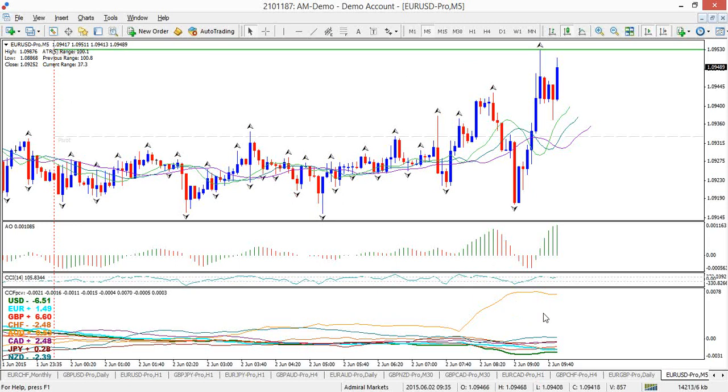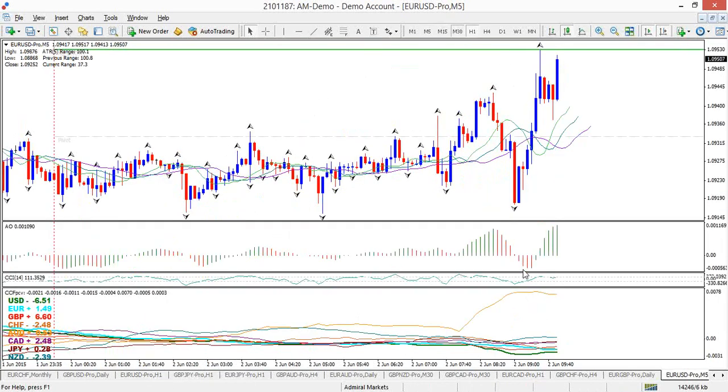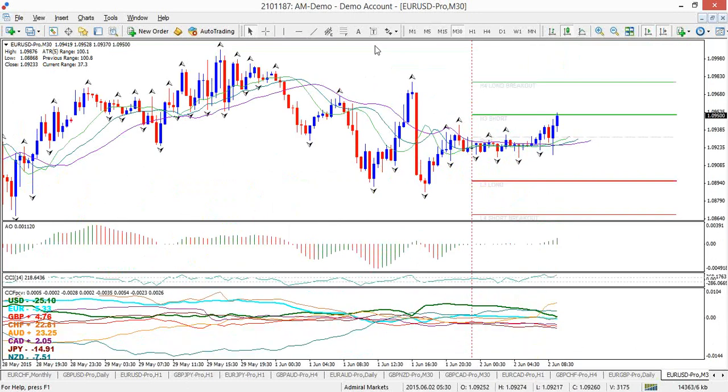So let's zoom out and see if we can take a look at a different view. The euro dollar is pushing up at the moment, so perhaps the bullish bounce is occurring. We'll take a look at that in just a second. This indicator seems to be a bit slow, so perhaps I'll skip that for the moment. I'm not sure. Maybe I just had to re-click it. I don't know. Okay, that's it. So anyhow,